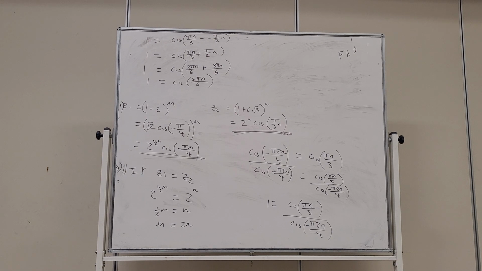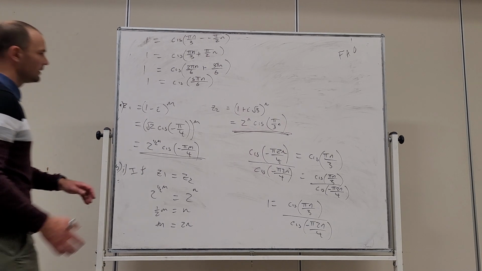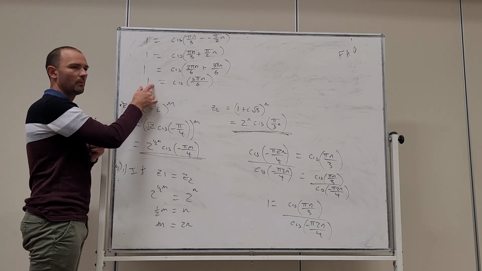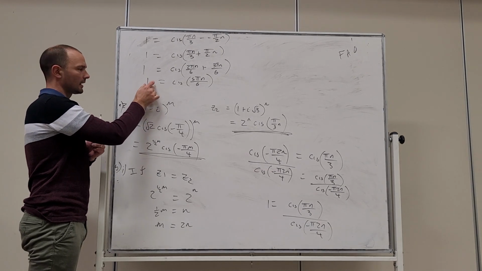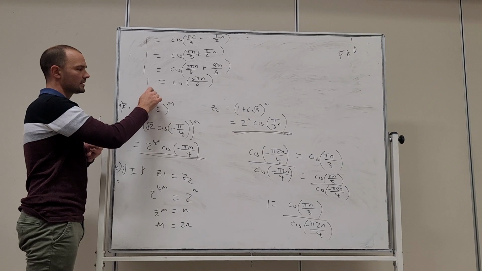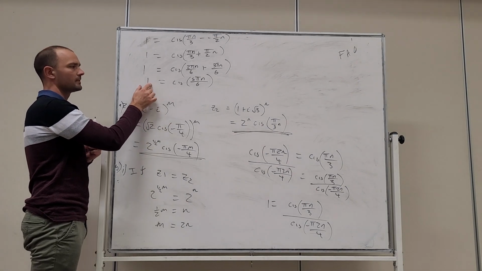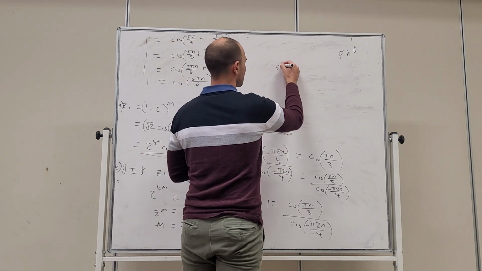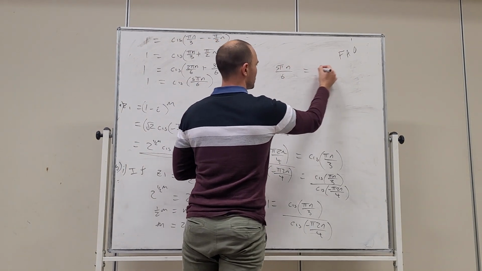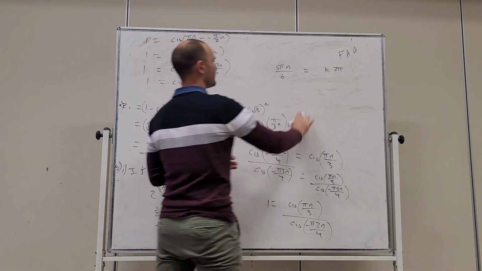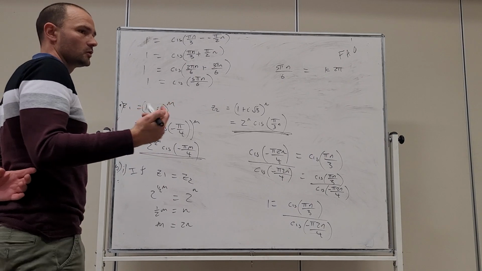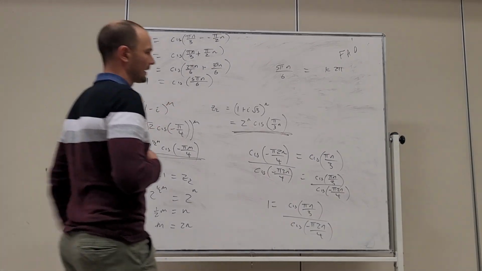Okay, now what's going on over here? This is cis of 2 pi or cis of 0. This number over here is some multiple of 2 pi. It's cis of 2 pi. So we need 5 pi n on 6 to equal some multiple of 2 pi. All right. So we've really broken it down to a stage where I can take the algebra a little bit further,